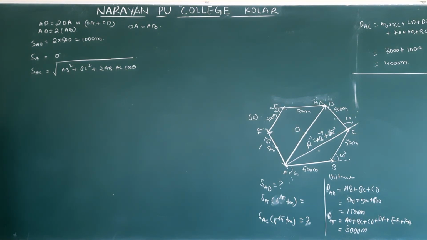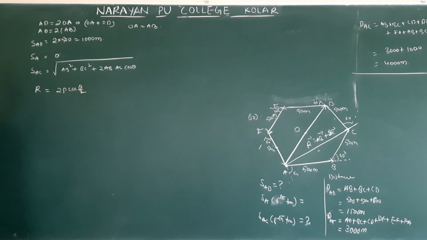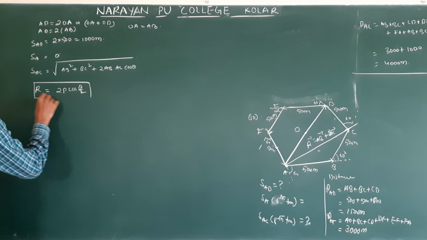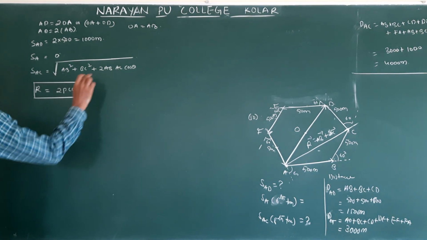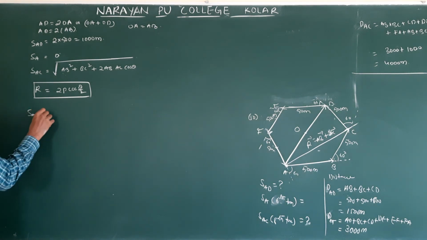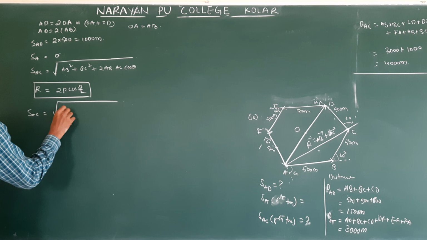Already this is one method. Already we have given that if the vector magnitudes are the same, the resultant formula we already mentioned. What is that? That is 2P cos theta by 2. Did you remember? This is a direct short method. We are doing problems, so we will follow this method only. SCA, what is SCA? Magnitude 500.